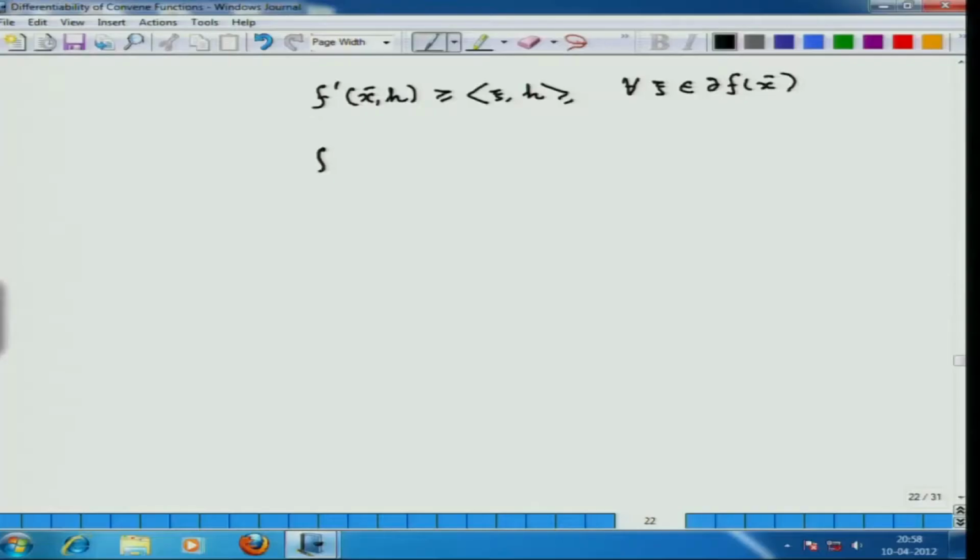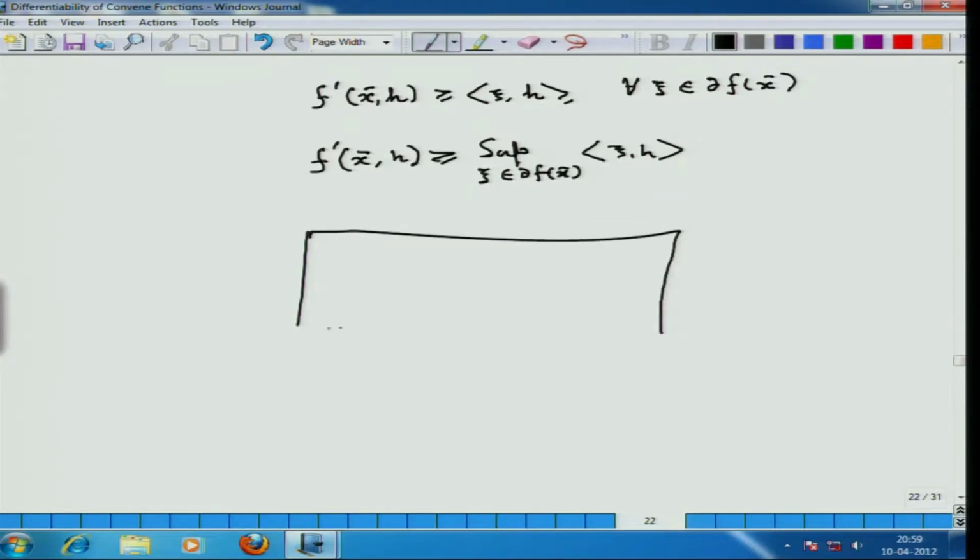The beauty, and this is how the subgradient is finally linked with the derivative, is that the subgradient becomes a quite good representative of the derivative. You see here this formula. So, I can now write this is greater than or equal to sup of, for any xi in del f x. Now, whether this can be a strict inequality or always equality holds, one of the far reaching results of convex analysis is to show that